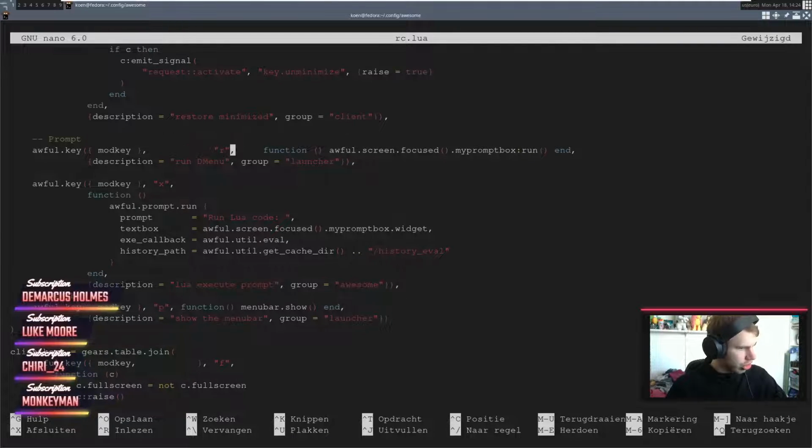That's the auto start. But I want to change something else in here. Those are the layouts. Title bar. Prompt. Okay, great.